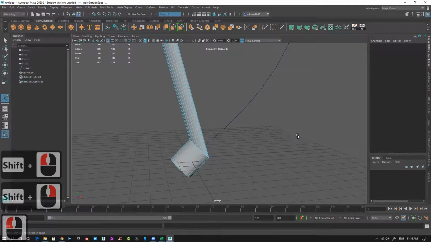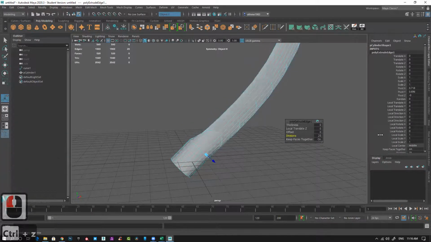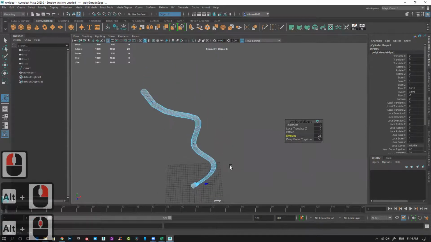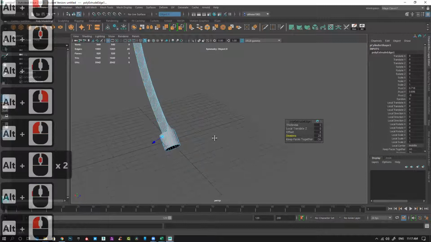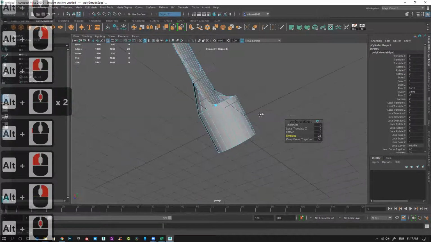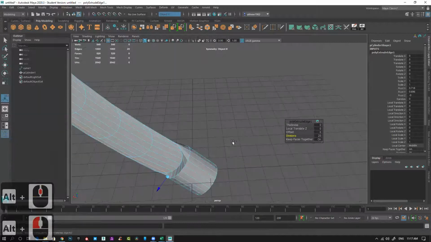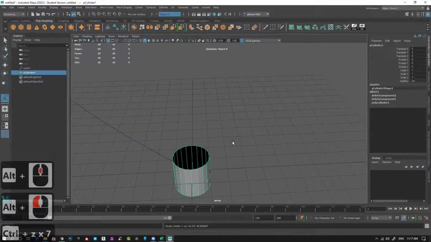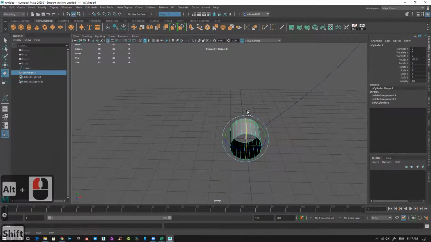Number of divisions, sorry, increase. So you can increase it really quickly, but why is it behaving like this? I guess I missed something.